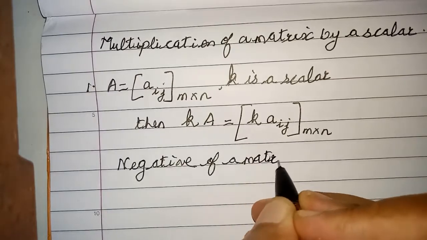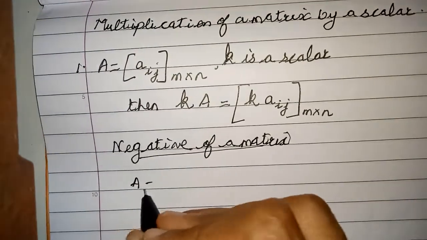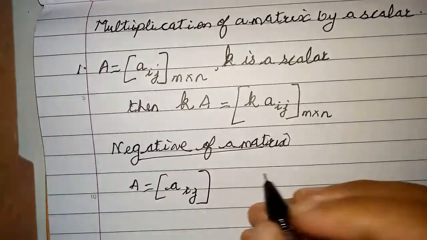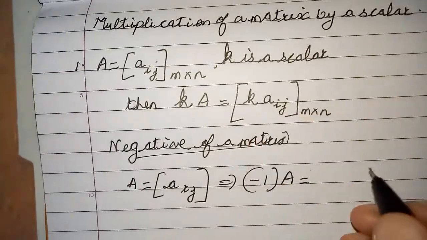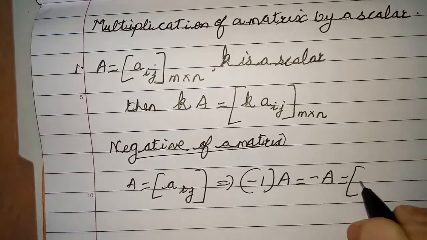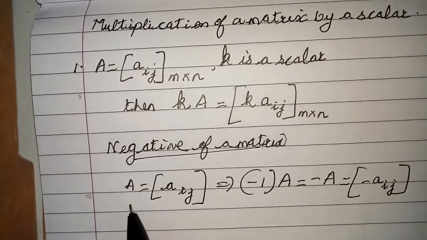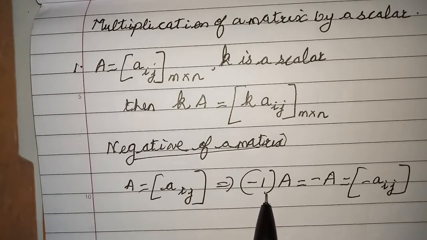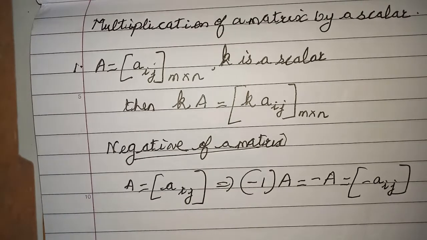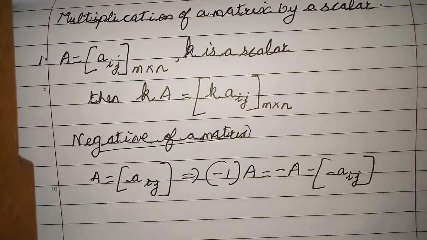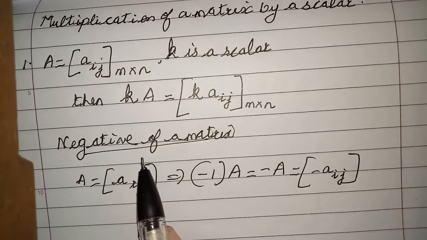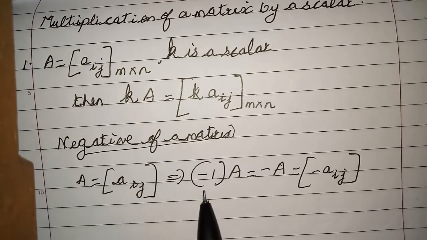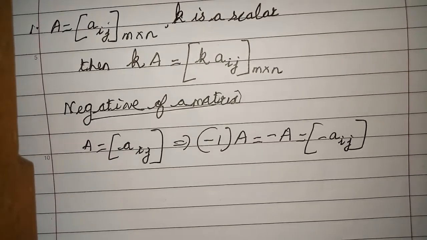The negative of a matrix. What is that negative of a matrix? Very simple. If A is equal to Aij, then if I multiply this by minus 1, by this definition it is minus A. So that is nothing but minus Aij. So for every matrix A, there is a negative matrix. Right? And if you add that negative matrix and you get O, then that negative matrix is called the inverse of the matrix. So multiplication of a matrix by a scalar, its particular example is, when you multiply by minus 1, you will get the negative of that matrix. Is that clear? Yes. Next,